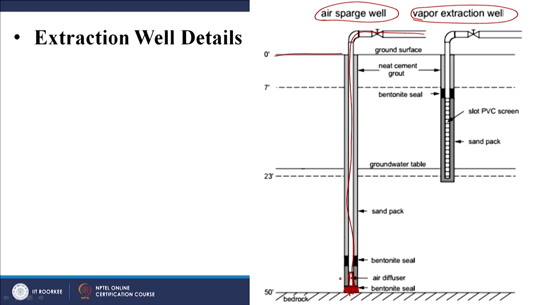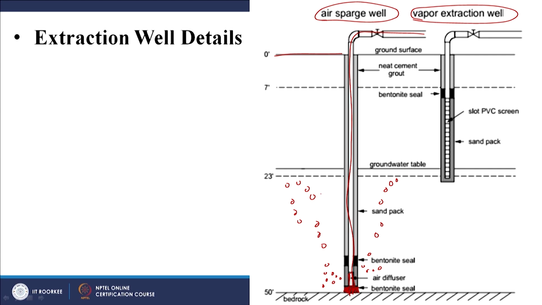Air diffuser. So, now you have bubbles of air, let us say, that are going to be released, right. So, you have these bubbles of uncontaminated air that are traveling through this particular contaminated groundwater. What is going to happen during this period, when you have uncontaminated air coming in contact with this groundwater, you are obviously going to have a change in phase of the contaminant from the aqueous phase into the gaseous phase, right, and here you have the groundwater table as we can see here.